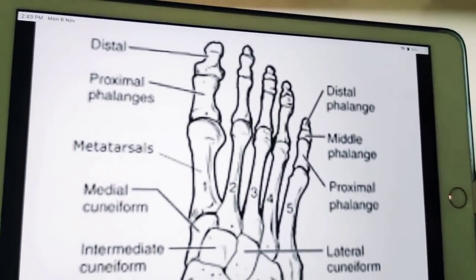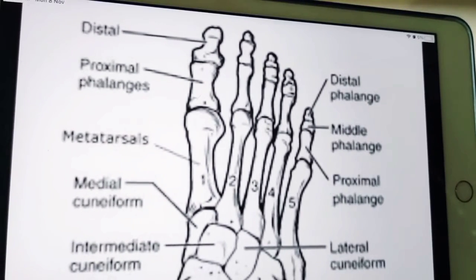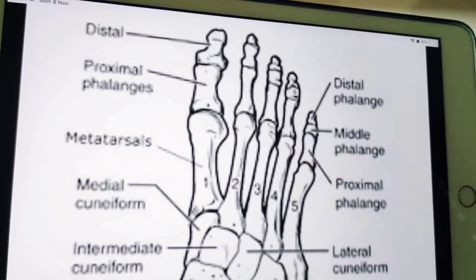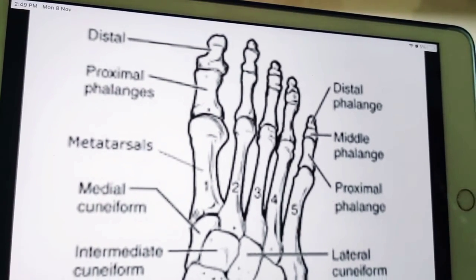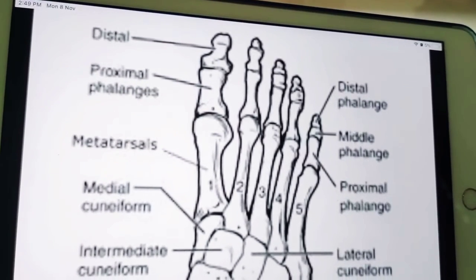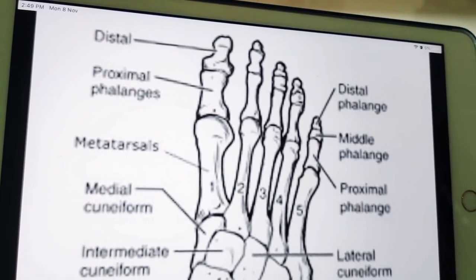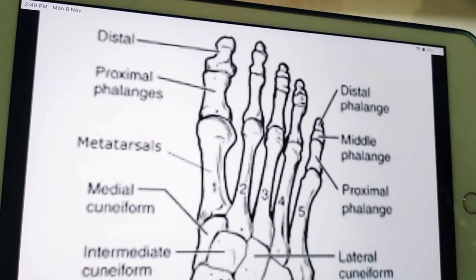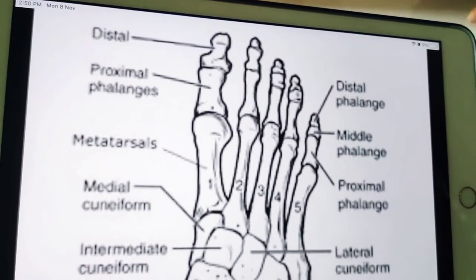Coming to ossification, the phalanx ossifies by one primary center for the shaft, which appears in the 10th week of fetal life. The single secondary center appears in the base, and it appears in the proximal phalanx in the 2nd year, middle phalanx in the 3rd year, and in the distal phalanx in the 6th year. These fuse with the respective shaft by 18 years. The big toe has 2 phalanges and their secondary centers appear in the 2nd and 3rd years and fuse with the shaft in the 18th year. So this is all about phalanges.